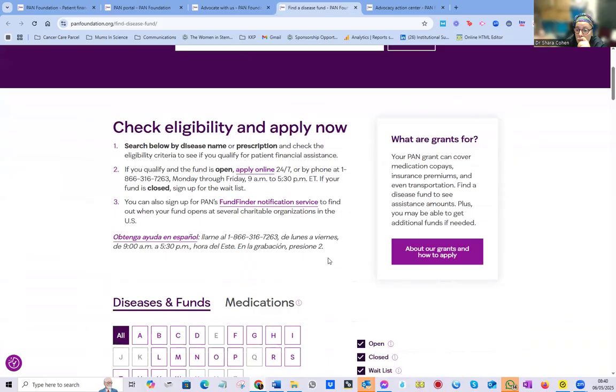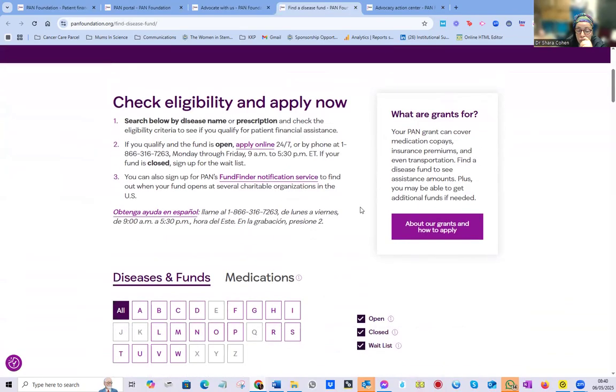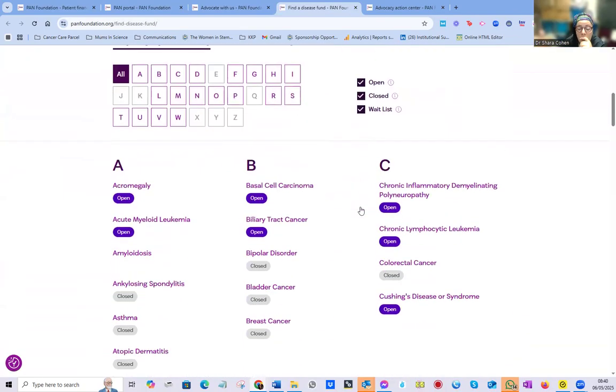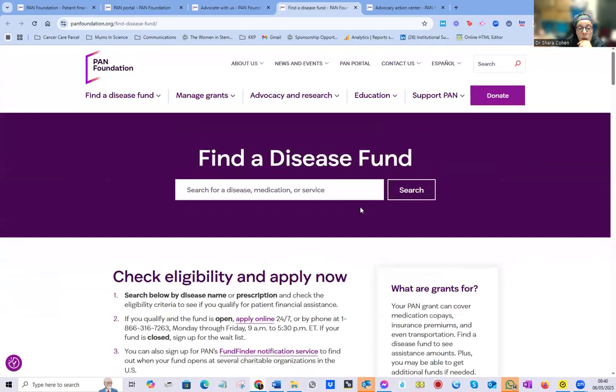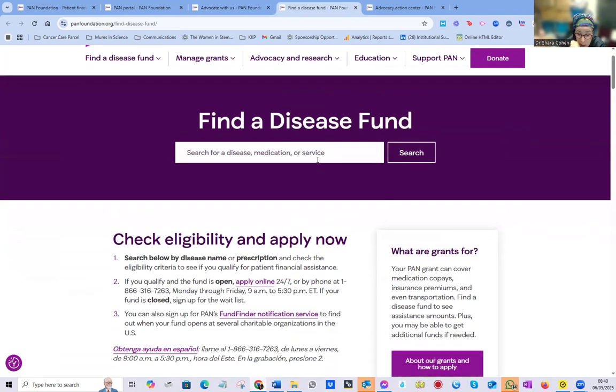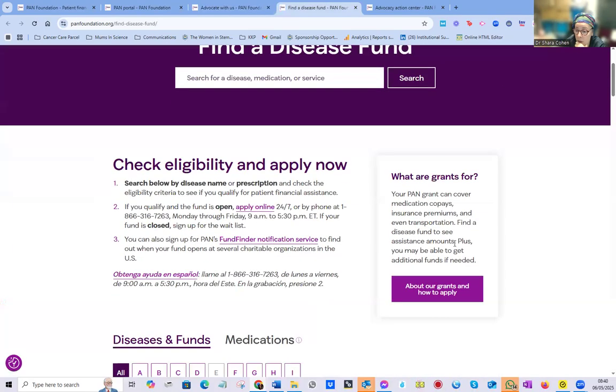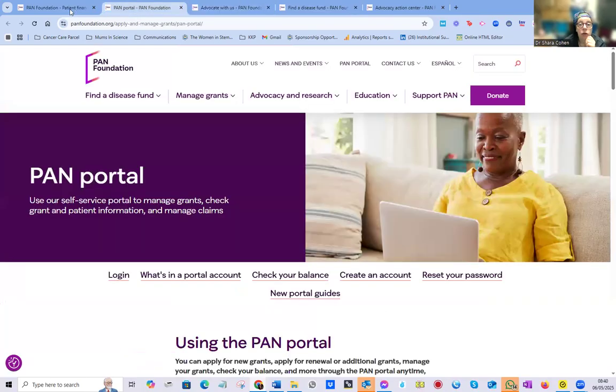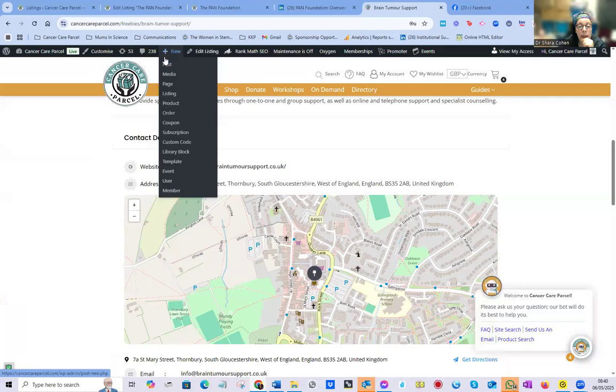So we won't do separate cancers. We will do this one. So this is what I would put in a freebie or an offer. This is funding a disease in America because they have to find money to pay for their stuff. So what I'm going to do now is create. Oh, what have I done? Is create another listing,